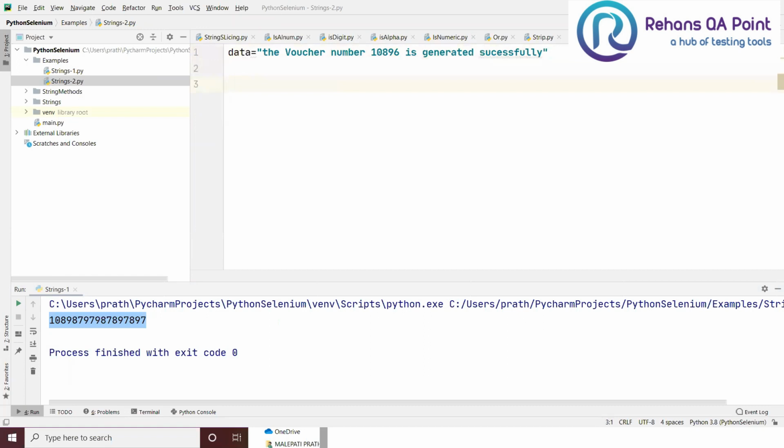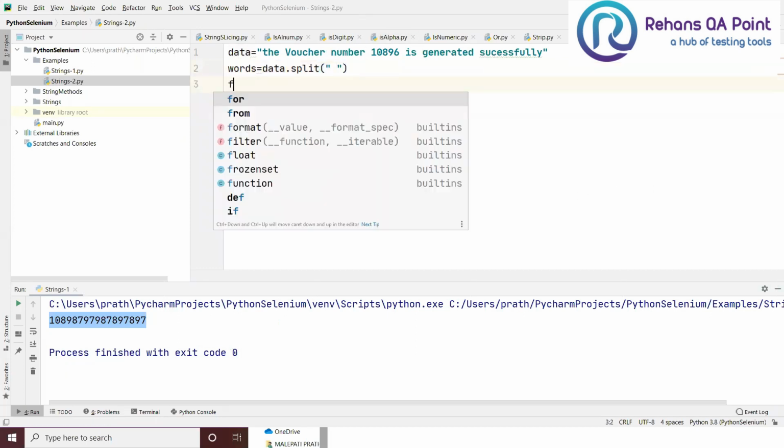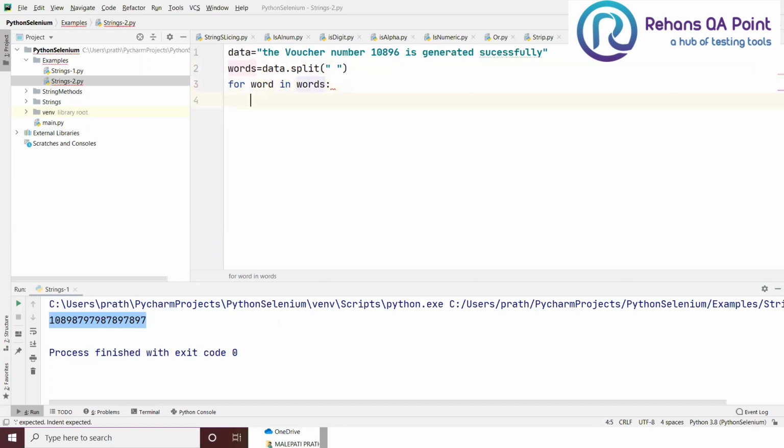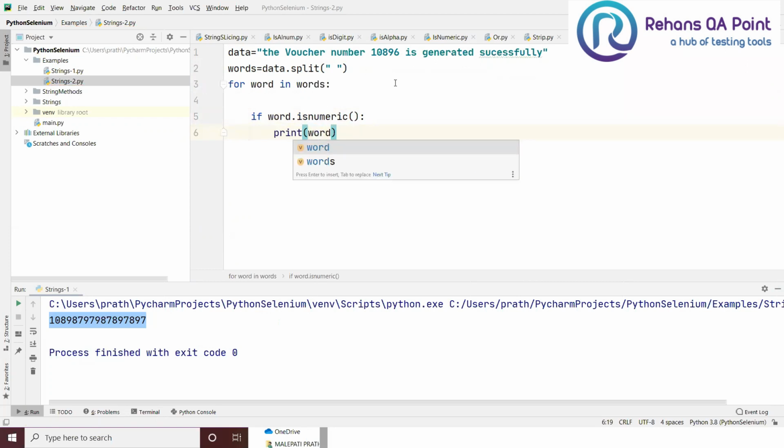Now what I want to do here is get words equal to data dot split with my spaces. Now I'll be getting individual words. Now for word in words, if word dot isnumeric, if it is numeric, then I'll use print of word.